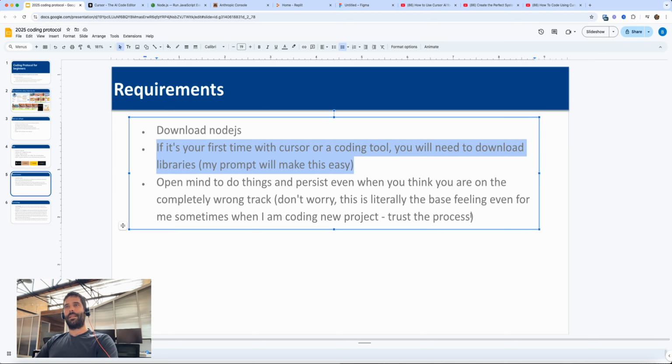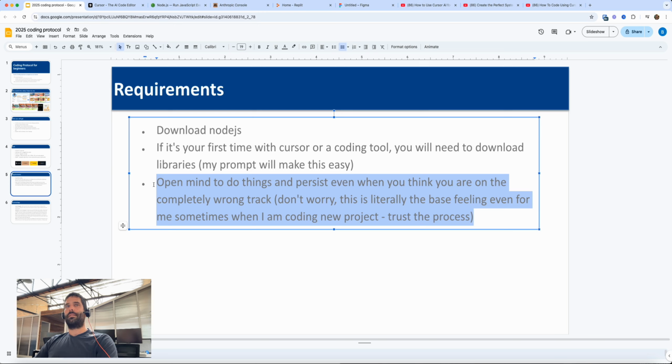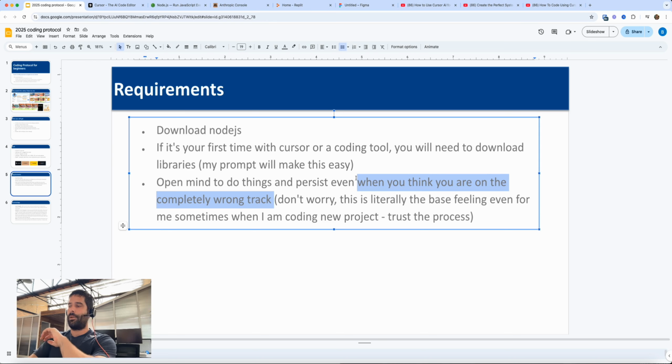But the next thing is, this is a mindset thing. So you've got to keep an open mind to things, and you have to persist. There will be times, 100%, where you feel like what you're building, what you're coding, even though you're using AI, you get stuck and you feel like what you're doing is completely wrong. And there is this phenomenon that happens with AI, and it happens more than just for coding. But when you're coding something, or when you're speaking with ChatGPT, you probably noticed this. If it doesn't know the answer and you keep asking the same question, trying to determine the answer of something, it might pitch you 1, 2, or 3 answers, but then it just starts going in a loop.